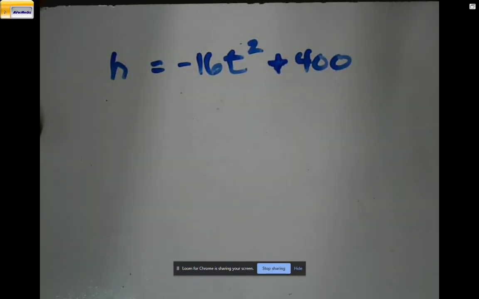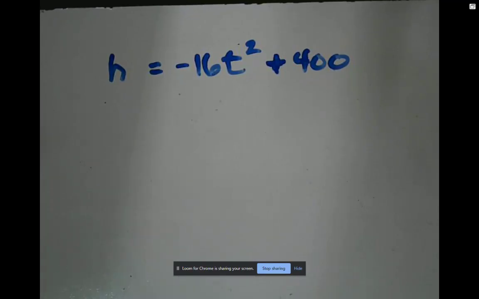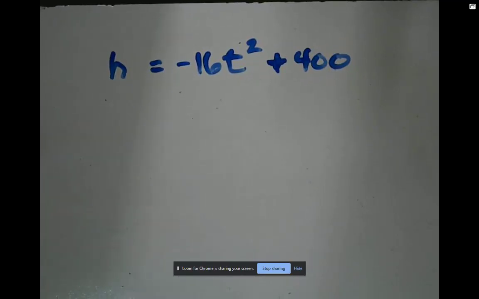And let me just go and click on that so that I'm not sitting here going, oh, sample test problems. Okay, so the problem is the height of an object t seconds after it is dropped off a building is given by the equation h equals negative 16t squared plus 400. How many seconds after the object is dropped will it